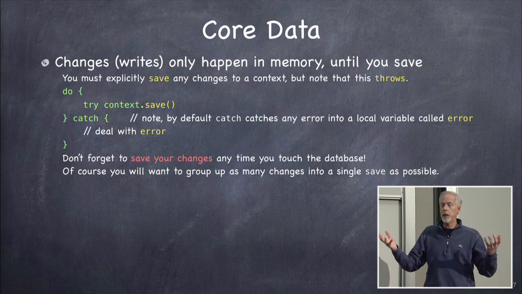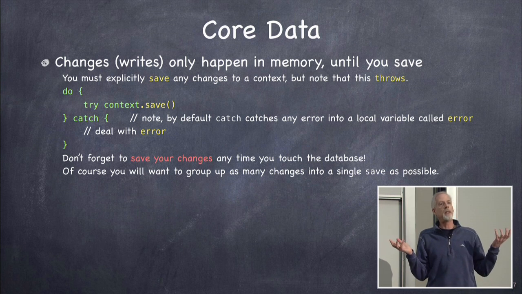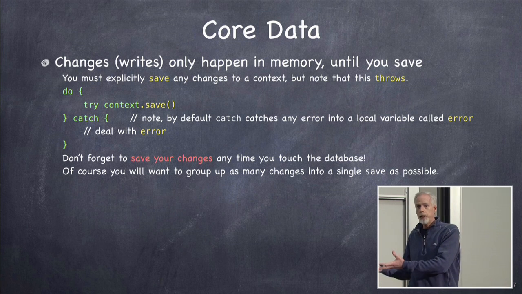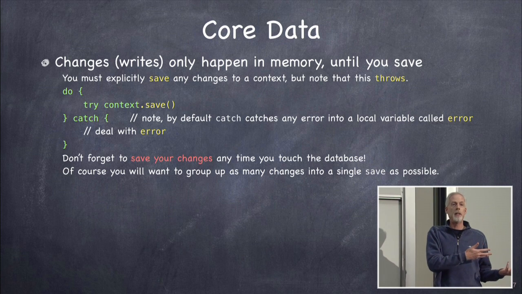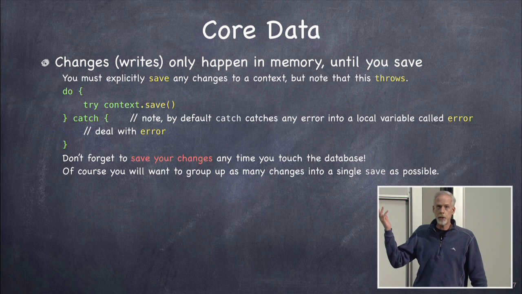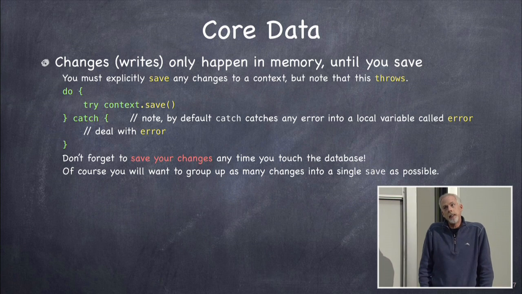And there's many problems that could happen writing out to the database. You need to look at the documentation and figure out what they all are. But the take-home message here is you do need to save. If you don't save, that stuff's just going to be lost when your app exits. So you definitely need to save. And especially when we start talking about multi-threaded Core Data, and one thread is working, that thread needs to save if it wants any of the other threads to see the work that it's done. You can use try question mark here, remember, which means try, and if it fails, just return nil and ignore it. You can do that if you don't mind that it didn't save.